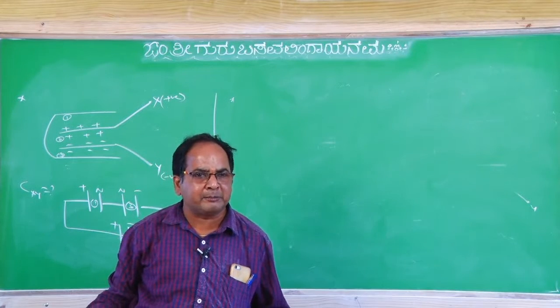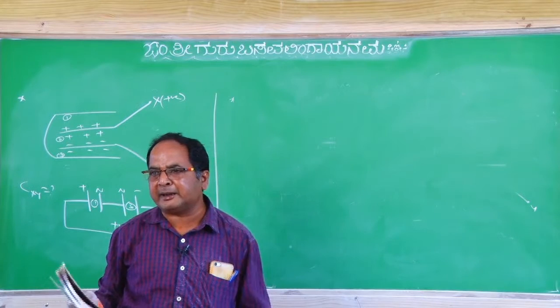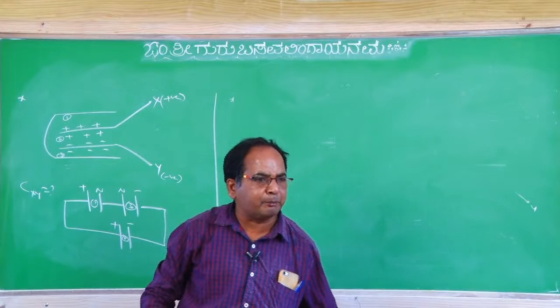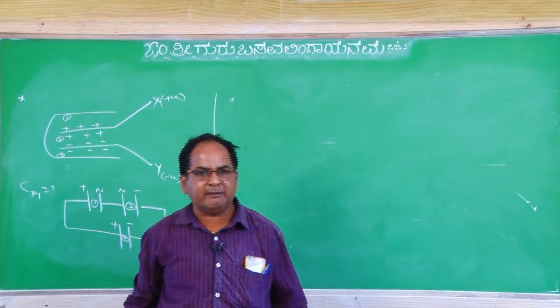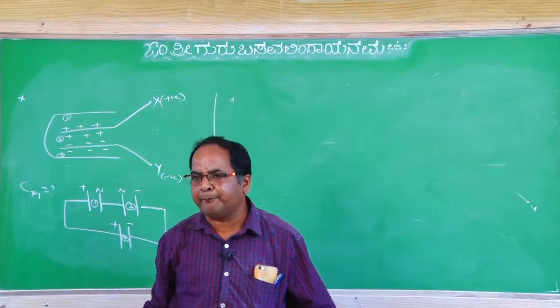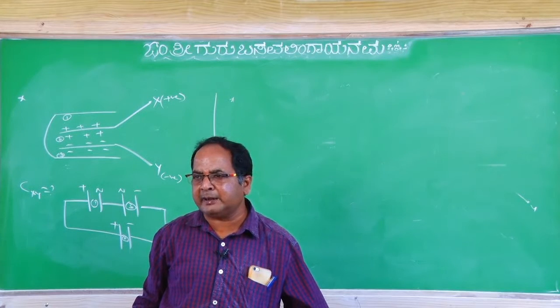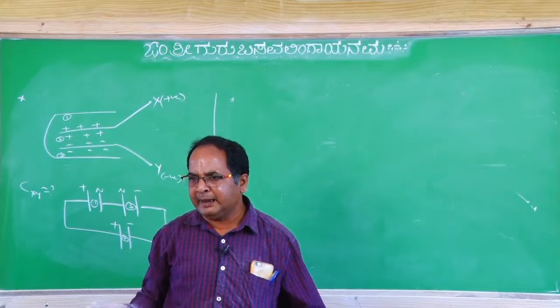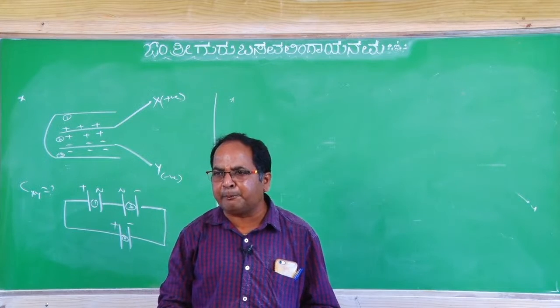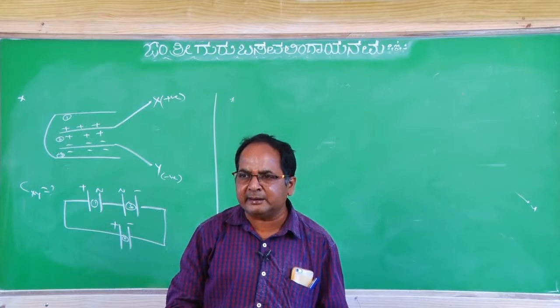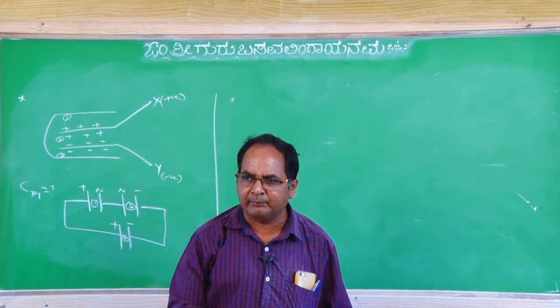Energy loss problems, no? If both capacitors are connected in parallel, positive to positive, negative to negative, then what is the energy loss formula? Half C1 C2 by C1 plus C2 into V1 minus V2 whole square. In opposite polarities it means V1 plus V2 whole square. Okay. Opposite polarity means energy loss will be more. Same polarity